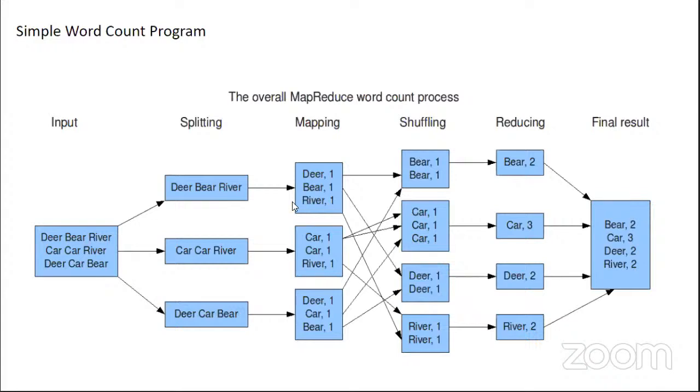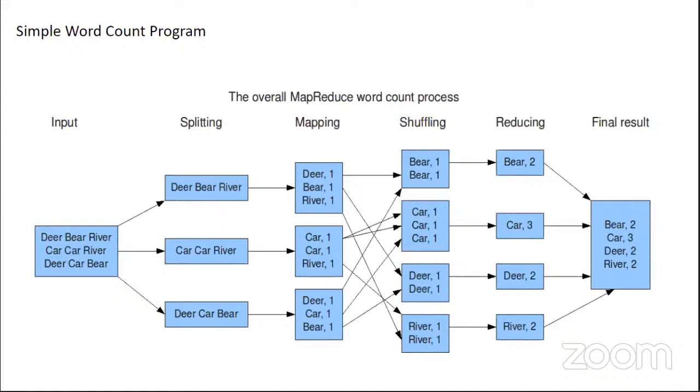What is the ultimate aim? To calculate the frequency of the words. So every word is tokenized; the line has been split by space. Now we have every single keyword, and then we assign value 1 to each and every one. No need to think about why 1 and not any other value. It's simple: we have to calculate the count, the frequency of every word. So we just assign 1, 1, 1, and then on the reducer side we will aggregate it, and then we'll get the final result.